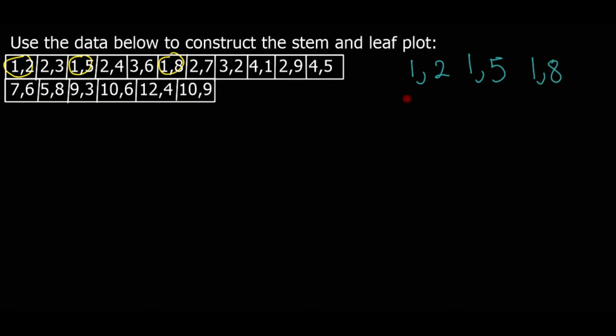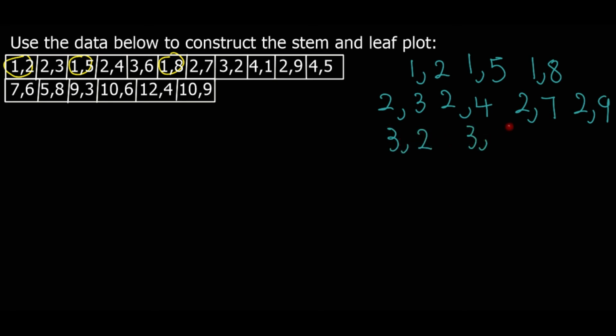So ya o latela is 2 point something, so ke na le 2.3, 2.4, 2.7 and 2.9, and then after 2 go tla 3 point something, which is 3.2, and then 3.6, and then di a latela ke 4.1, 4.5, and then after 4 o latela 5, which is 5.8, and then 5 point something re na le 1, so it's just 5.8, and then after 5 it's 7